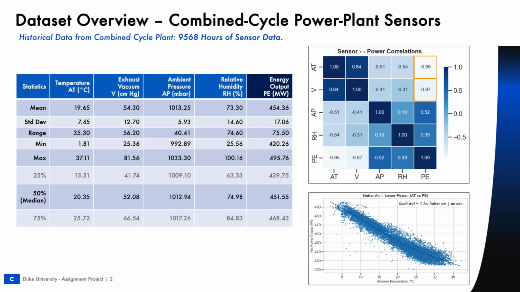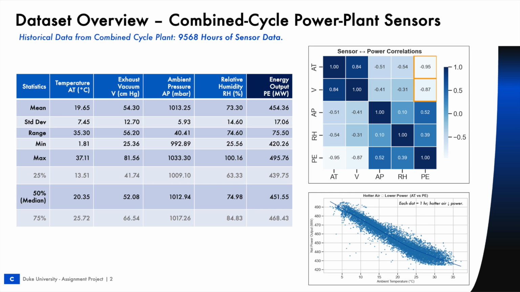Here's the data we're modeling. We have 9,568 hourly records from a combined cycle power plant. Each row gives 4 ambient sensors: temperature from 1.8 to 37 degrees Celsius, exhaust vacuum 25 to 82 centimeters of mercury, ambient pressure 993 to 1,033 millibars, and relative humidity 26 to 100%, plus the target net power output, ranging